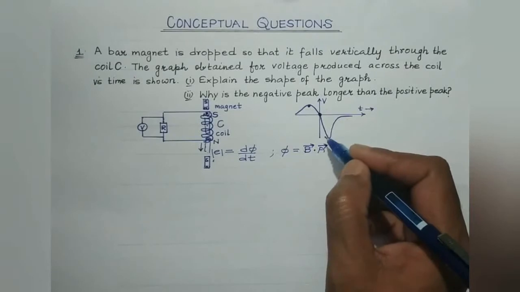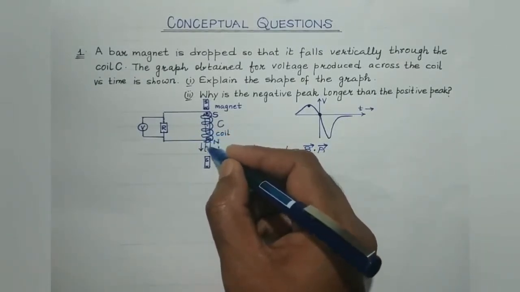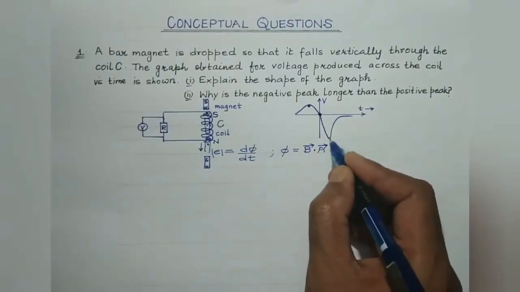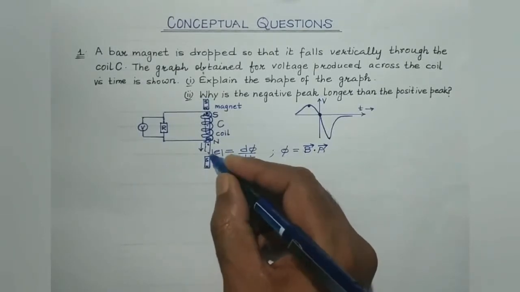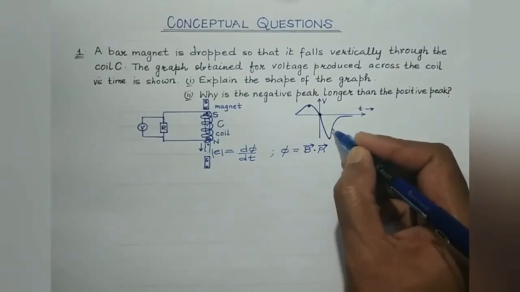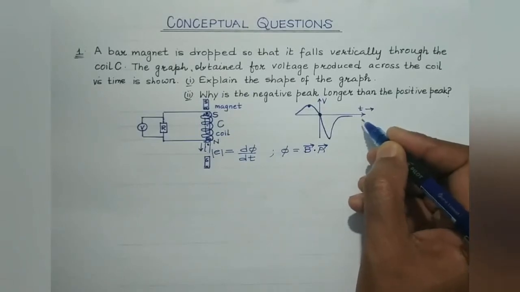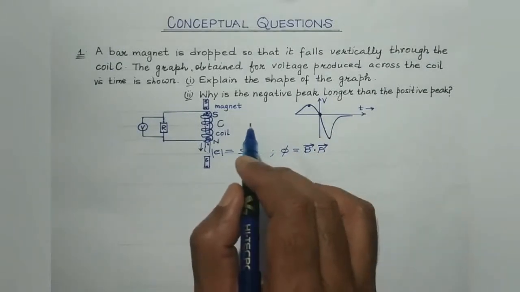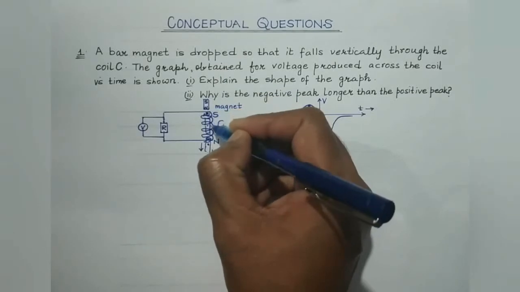So the EMF induced also increases as it comes out of the coil, and at this position it is maximum, and thereafter as the magnet starts falling down, its distance from the coil keeps on increasing, the induced EMF starts decreasing and eventually it becomes zero, right? So again I explain, students, magnetic flux increases non-uniformly because the motion of the magnet is accelerated.